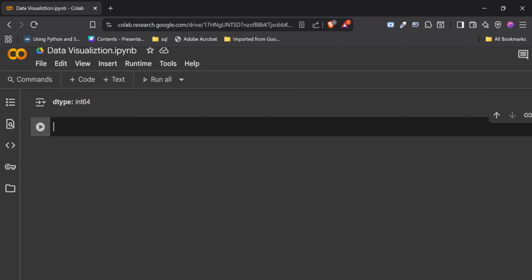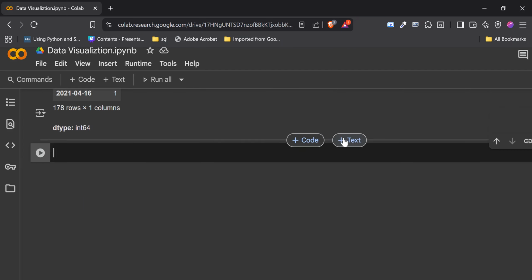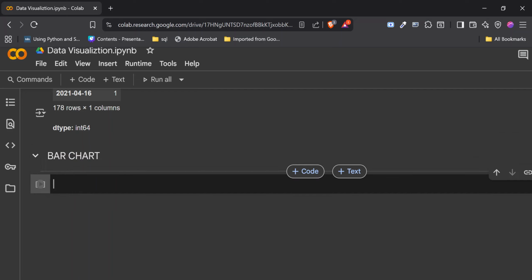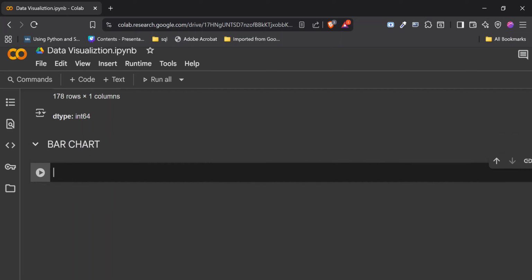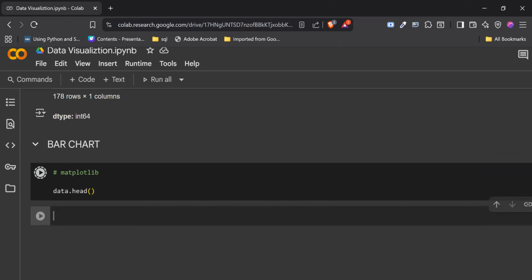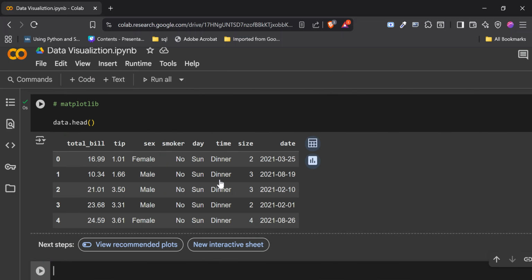So the first chart that we're going to be looking at, let's start with the bar plot, or bar chart. That's the ideal one to start with. So how do we plot a bar chart with, let's say, Matplotlib firstly? So I can say matplotlib. Let me show that back to you again. We want to plot a bar chart of